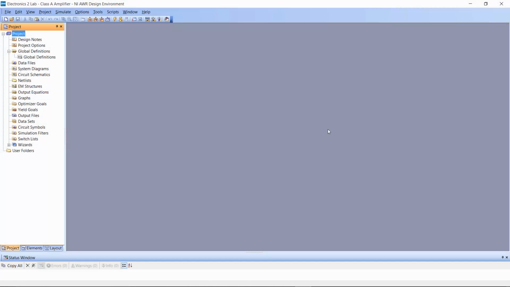In this video tutorial, we will be looking at how you can construct in simulation the circuits that you will be analyzing in your Electronics 2 lab. In this video in particular, we will be concentrating on the Class A amplifier. And then there will be a follow-up video for the second part of your lab, which will entail building a